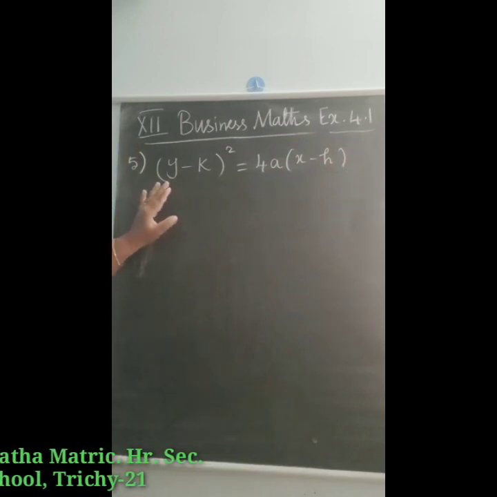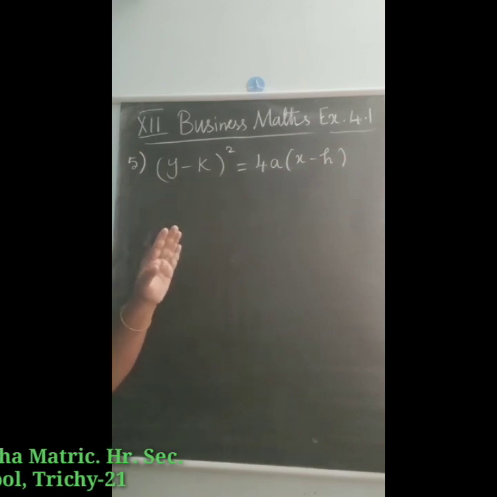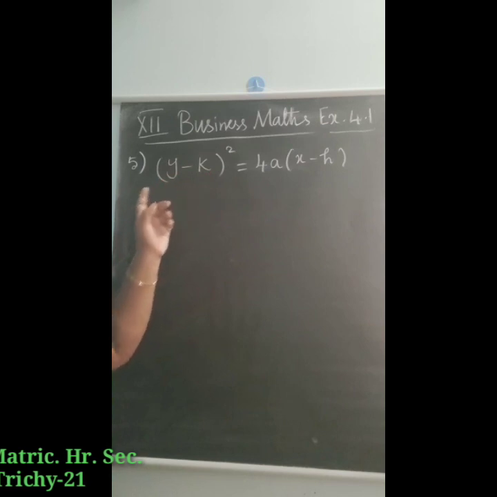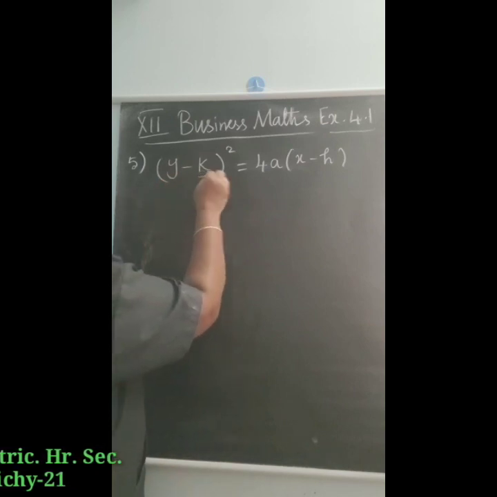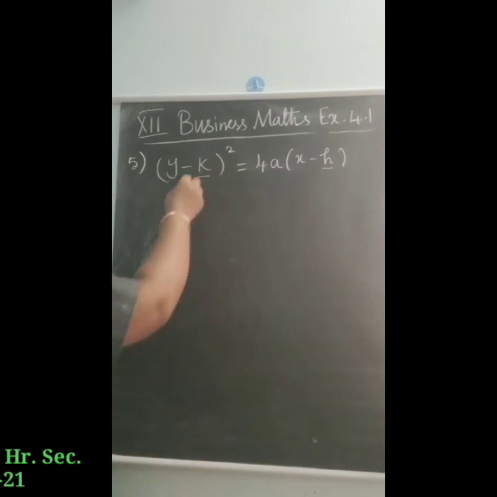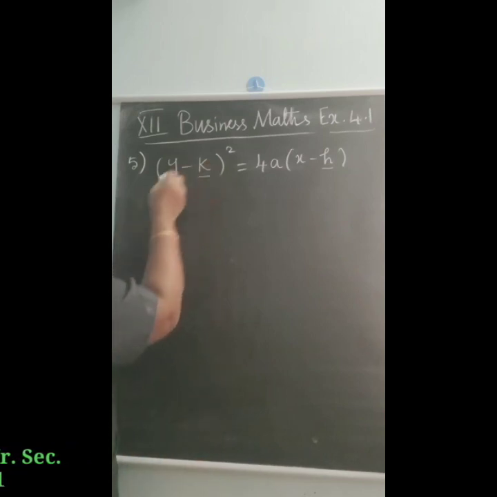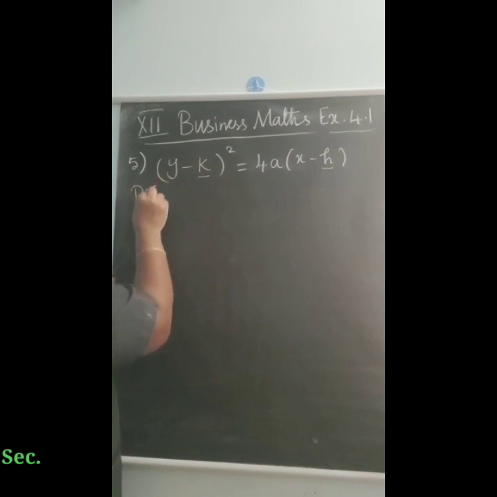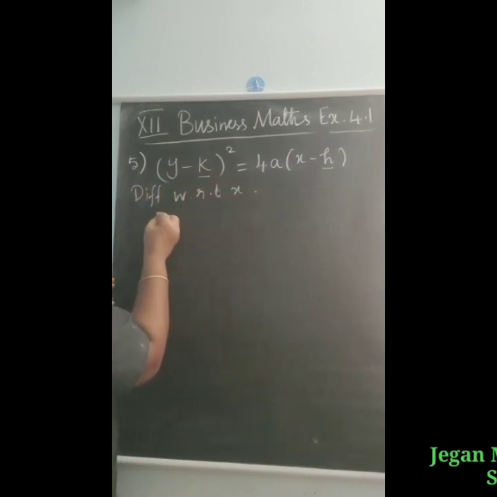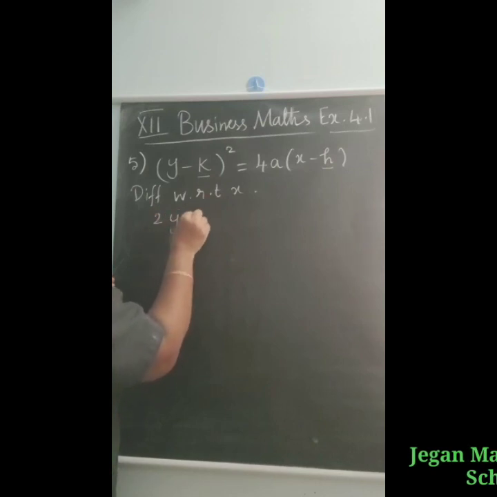So (y minus k) the whole squared is equal to 4a into (x minus h), where h and k is the center of the parabola. Differentiating with respect to x, we will get